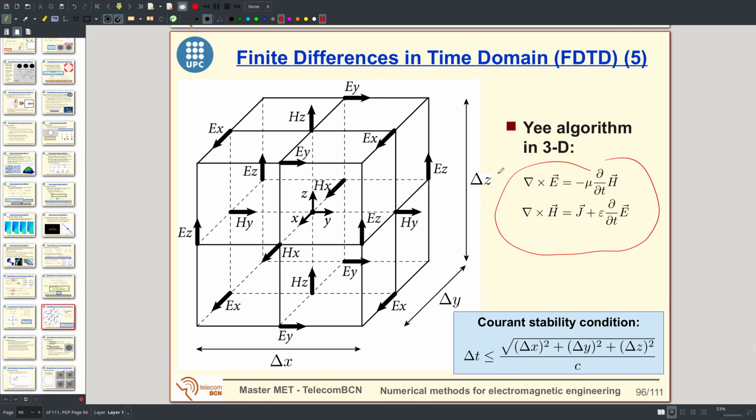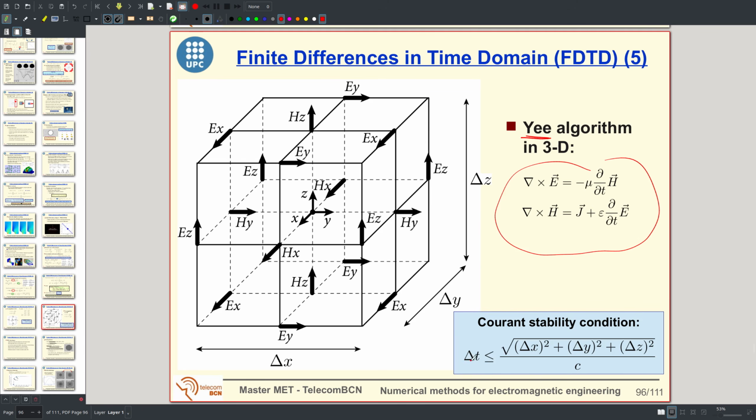But Yee was able to develop this formulation in the late 60s, maybe 66, I don't remember, but in the 60s Yee developed this formulation, and it's much more complex than, of course, the very simple one-dimensional formulation, but it's not that difficult and anybody can program it. The equations to program are in the literature, and in fact it is easier to program than other